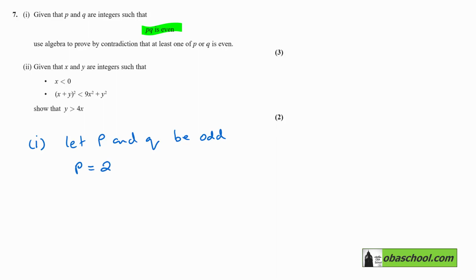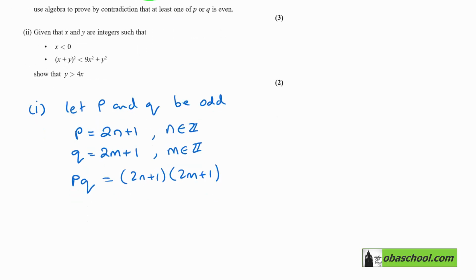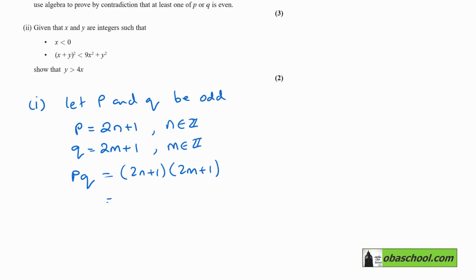So we can say that p is 2n plus 1, where n is an integer, and q be equal to 2m plus 1, where m is an integer. And then consider pq, which is (2n plus 1)(2m plus 1). Expanding out, that gives us 4nm plus 2n plus 2m plus 1,